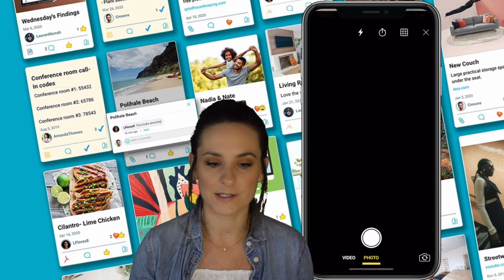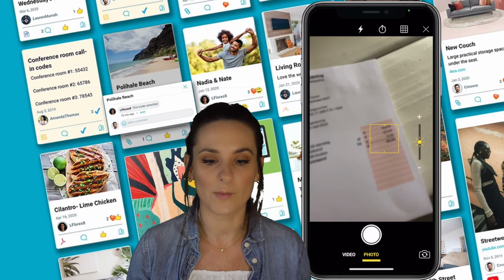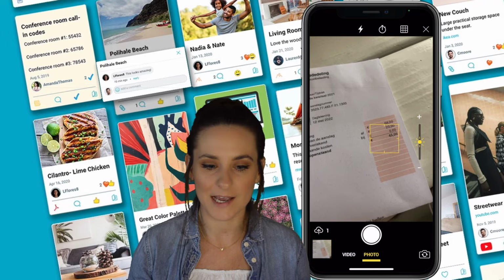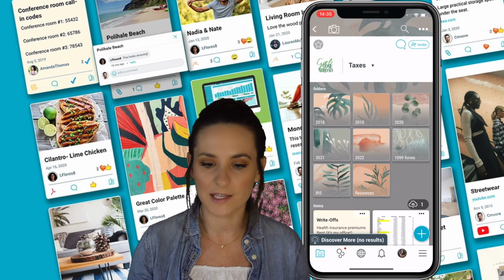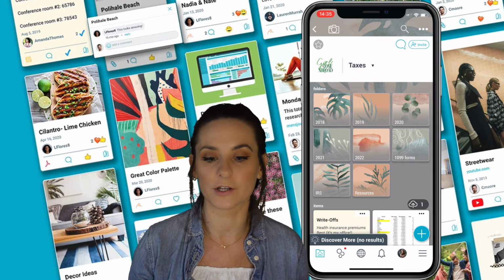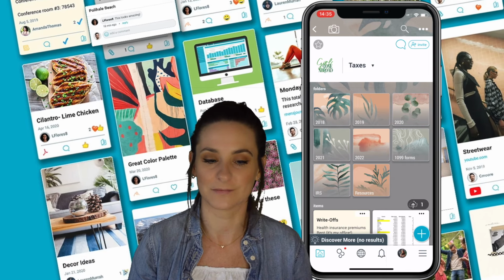Use the in-app camera to snap those receipts and save them. No matter what form your expenses take, BubbleUp's ability to store any media type keeps things simple. At the end of the day, whether it's you or an accountant doing your taxes, someone will be thrilled with this level of financial organization.